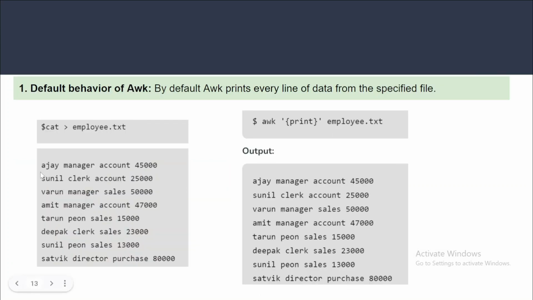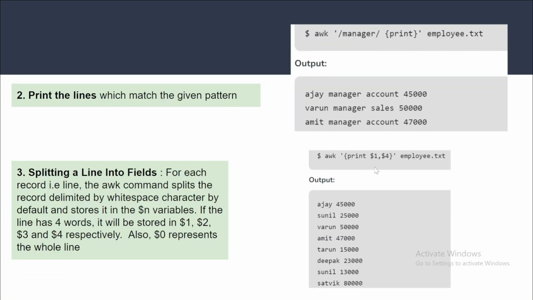Here you can see we have the fourth column, one, two, three, four. By default, if you're not providing any delimiter, whether the file is TSV or CSV, whatever separation there is, it will consider space as the separator. Because we have spaces in this txt file, it will consider four fields. The first field is the name, the second is manager, the third is the account information, and the fourth is this integer value. So we are saying to print the first column and the fourth column, and you get in the output the first column information and also the integer column information, because that is the fourth column.